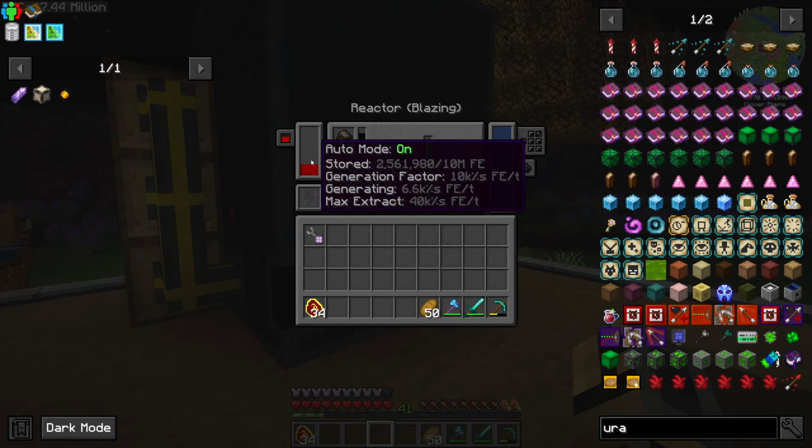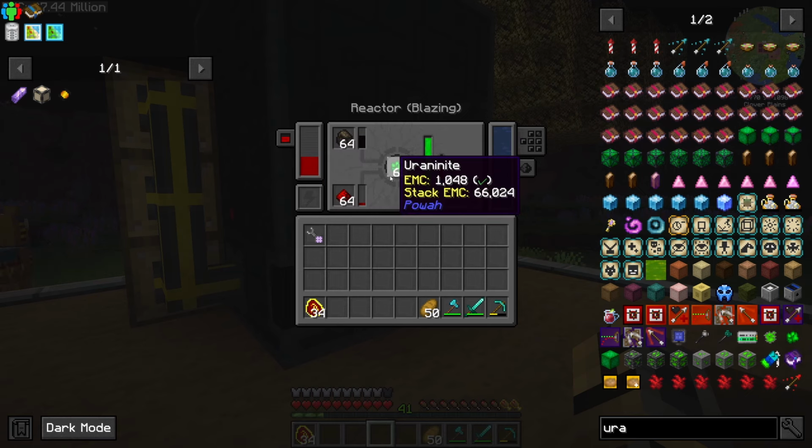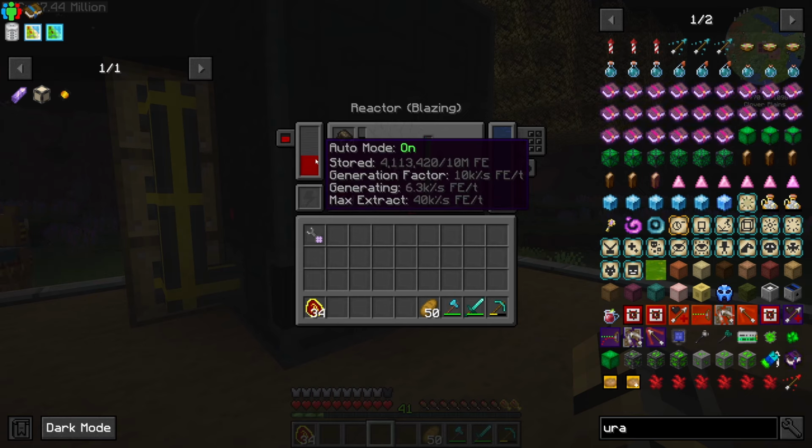But it's definitely generating quite a bit more than the, I don't know, what was it, 3,000 before? I should have looked at it. But now we can store 10 million RF in here, or FE, that's nice. And then a little over 6K a tick, which